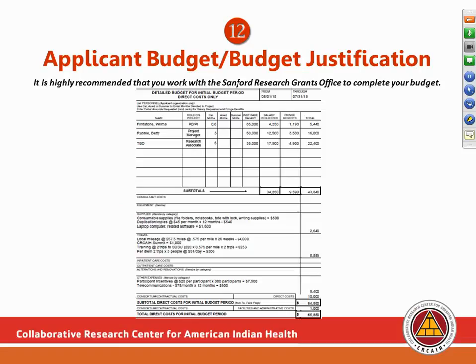We are using the PHS 398 form to complete the budget section. Under personnel, you must include all personnel involved in the project, including the amount of time they are dedicating to the project and the amount requesting. Include all personnel regardless of whether or not funding is being requested. Many people are forgetting to identify the effort for their staff. If funding is not requested, you just put a 0 under salary requested.